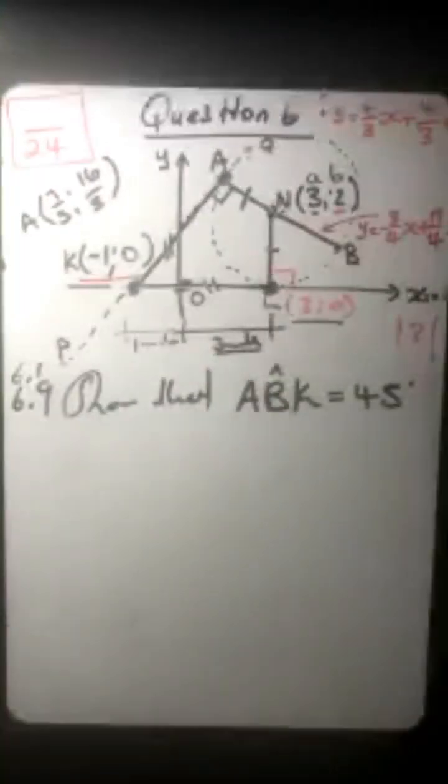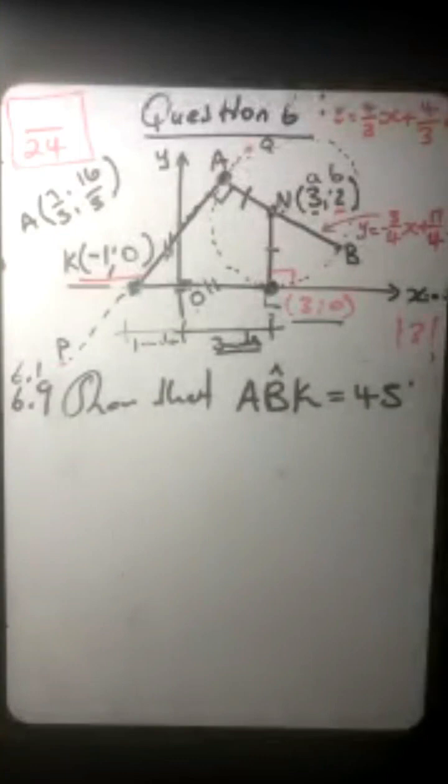I think it was a straightforward question, but here is a nice question, 6.9. They are saying, show that in triangle ABK, angle B is equal to 45. Anyone who would like to suggest how we can work out this question? In triangle ABK,